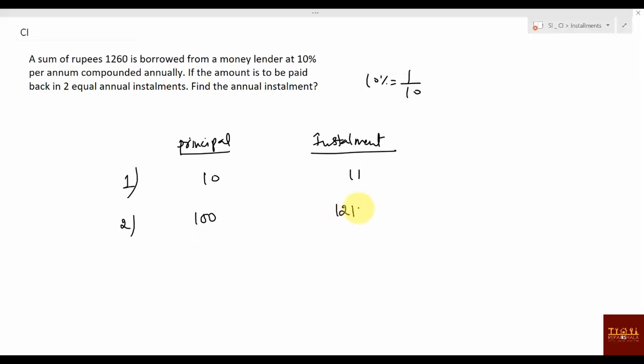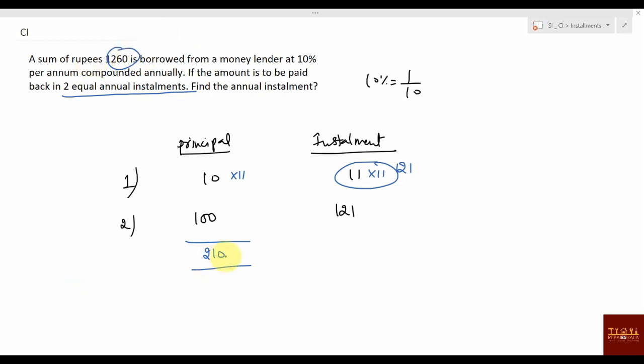But what they told, 2 equal annual installments. But do you have equal installments? No. Make it equal. How you can make it equal? Multiply. Right. So you can say this installment is 121 rupees. Now check total principal, how much you have taken. This will be the total principal what you have taken. This was the principal for the second year, this was the principal for the first year, right? How much principal you have taken? I would say 110 here and this one is 100. You can take 210 principal you have taken, right? 210 principal you have taken. But how much principal you have taken actually?